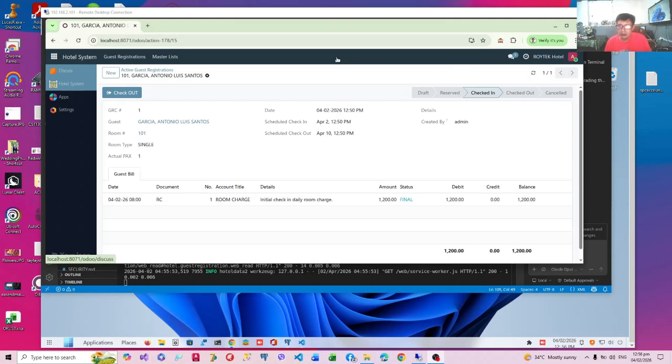In the last episode, I showed you how to properly check in a guest reservation where an initial room charge is recorded to the bill of the guest. By the way, I've changed my notebook title to guest bill so that right after checking in, the customer will know the balance, the starting balance of his stay in the hotel.